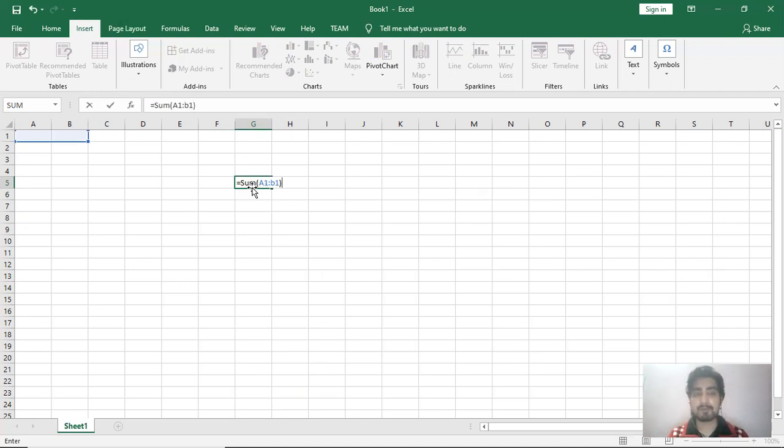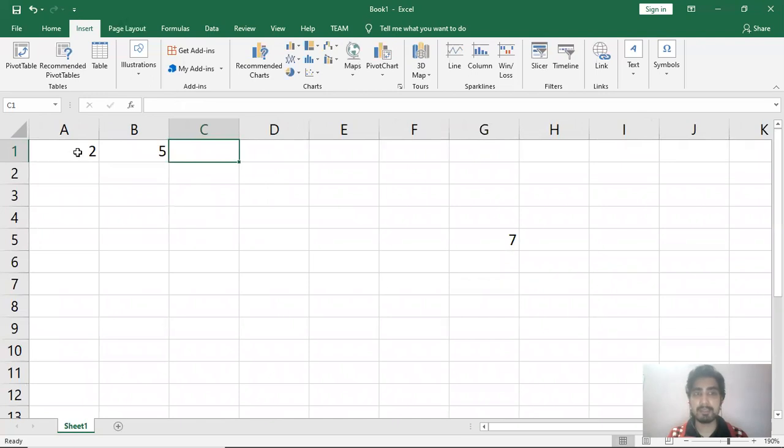Now in this cell, I have written the formula for adding the numbers given in cell A1 and B1. The moment I press Enter, you can see it has become 0. Whatever number I write in these two cells will be added in this cell because here I have written the formula. For example, let's write 2 plus 5, that will be 7. And you can see the result has changed here.